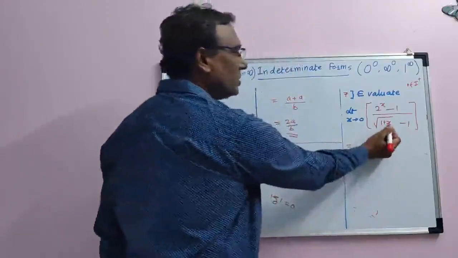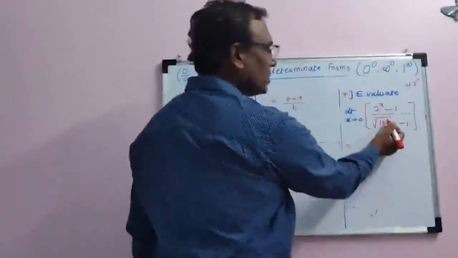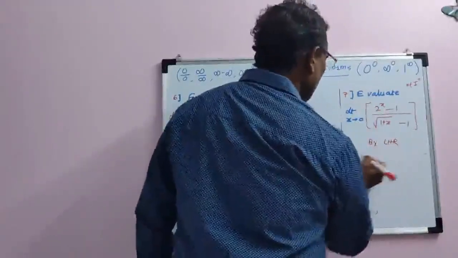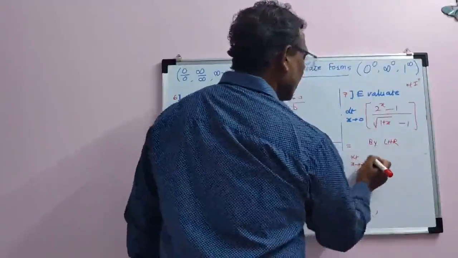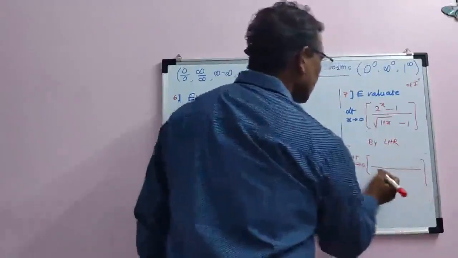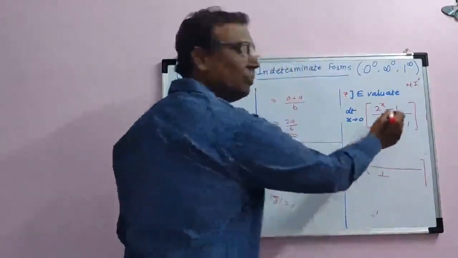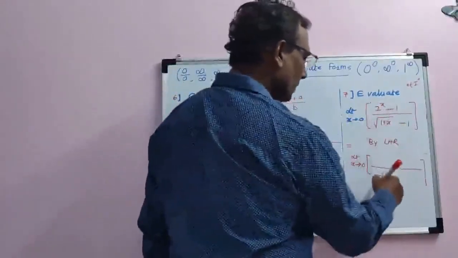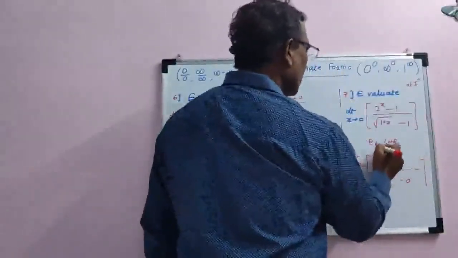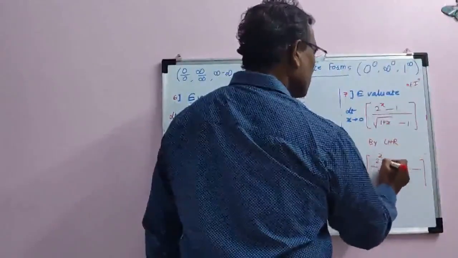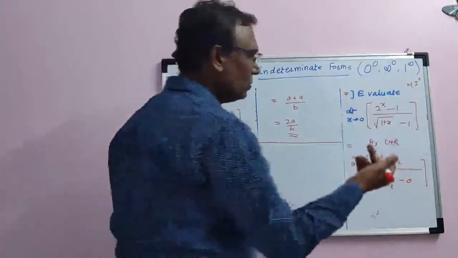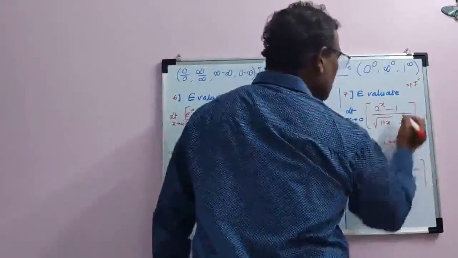Here again, if you put x equal to 0, root of 1 is 1, 1 minus 1 is 0. Then by L'Hospital rule, limit x tends to 0, take derivative of denominator and numerator separately. Derivative of root of 1 plus x is 1 by 2 root of 1 plus x. Derivative of root of x plus 1 is what? 1 by 2 root of x plus 1, like that. Derivative of 1 is 0. Derivative of 2 raised to power x is like this. Derivative of a raised to x is a raised to x into log of a. Right? Derivative of 1 is 0.